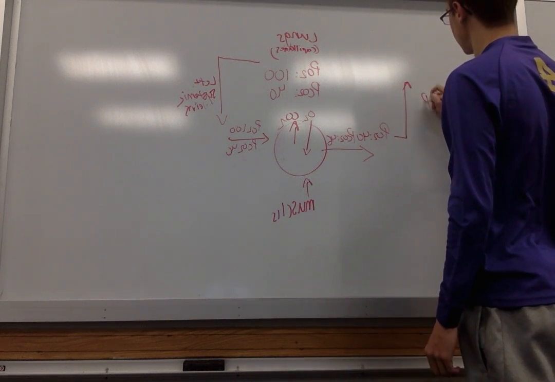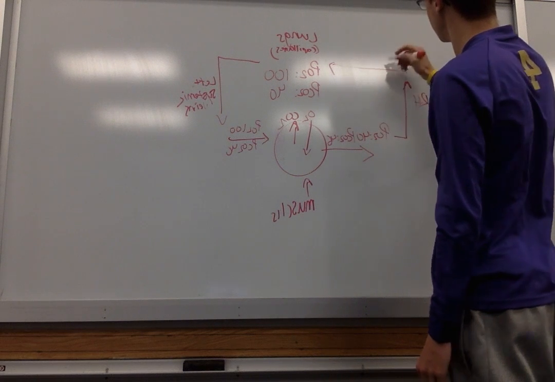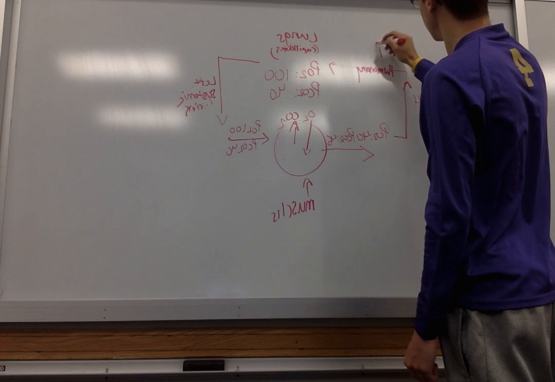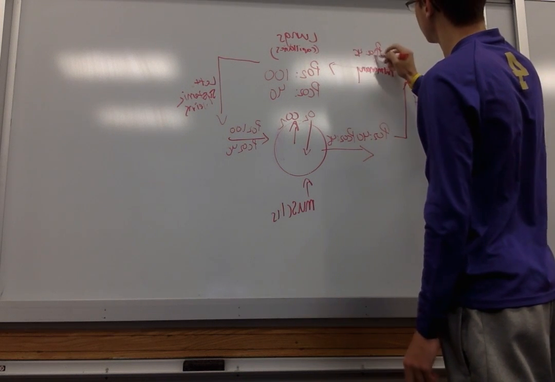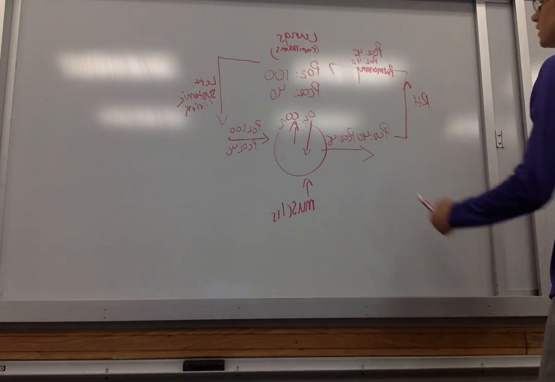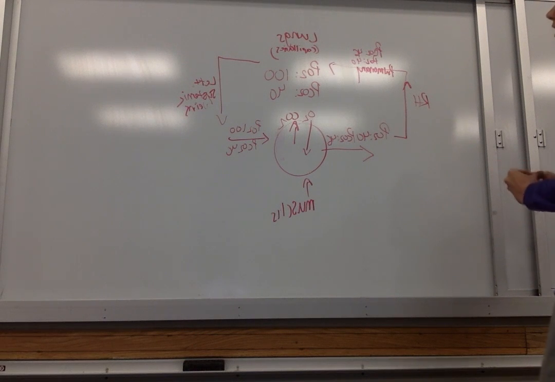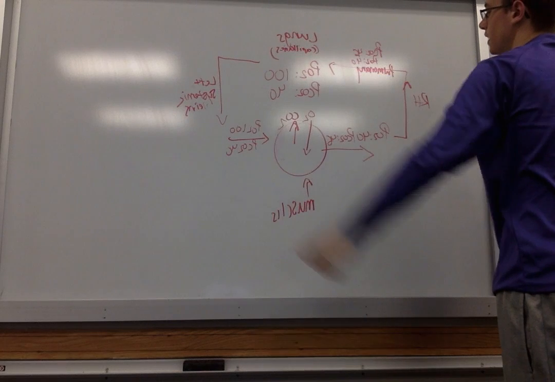We move to the right side of the heart, the pulmonary veins and pulmonary arteries, where partial pressure of carbon dioxide is greater than oxygen, so 46 to 40, and it goes back into the lungs to get oxygenated again, so that means oxygen is greater than carbon dioxide, and there's a